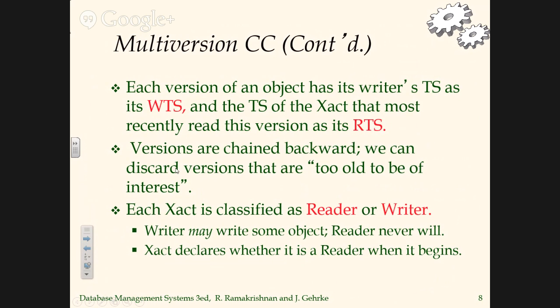The chain backwards, as I said, we can discard versions that are too old to be of interest. If you think about what's too old to be of interest, it's basically copies written by transactions that have committed, or you can say if you have a timestamp range for a copy and there are no transactions with that timestamp in effect, then